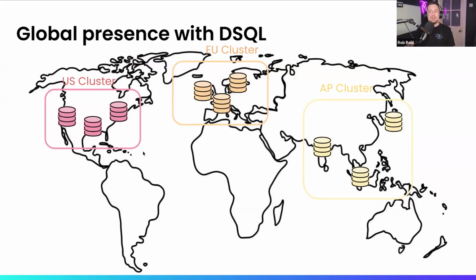Now, because you have these region triplicates, you might have one on the West Coast, Central, and East Coast. Maybe one of those is your witness region. You're not able to create a globally distributed database with DSQL, at least not at the moment. So in that case, you would have to have different DSQL clusters. And if you wanted to gain a holistic view of your data in that DSQL database or those databases, you'd need some sort of ETL pipeline to funnel data into an additional system. So additional storage there in order to get that holistic view. So it wouldn't be real-time data.